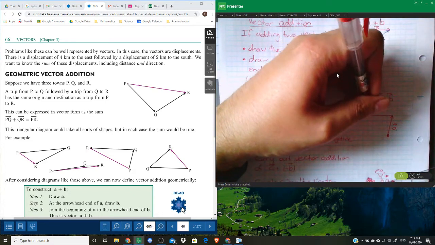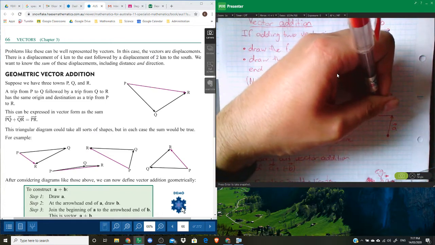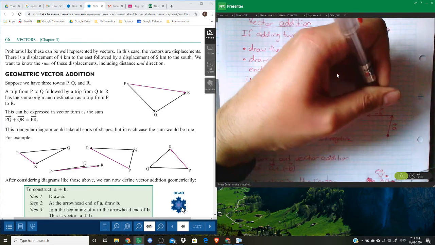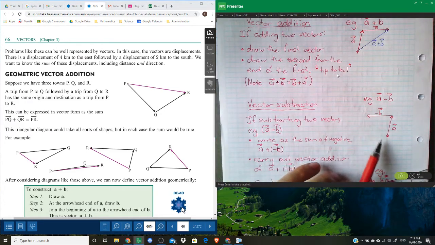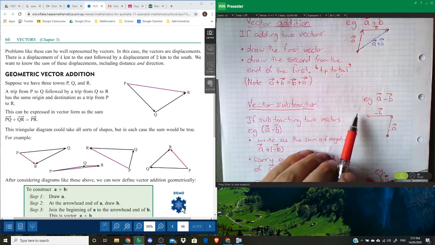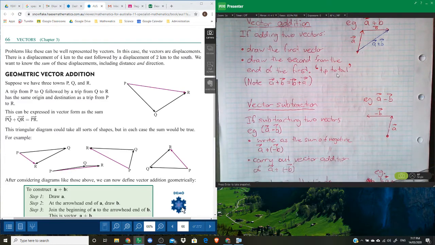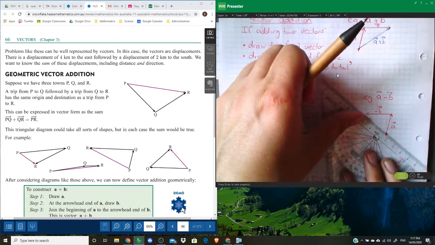So again, add that. So you've added minus B. See there. So we've gone A plus minus B. All right, and our resulting vector